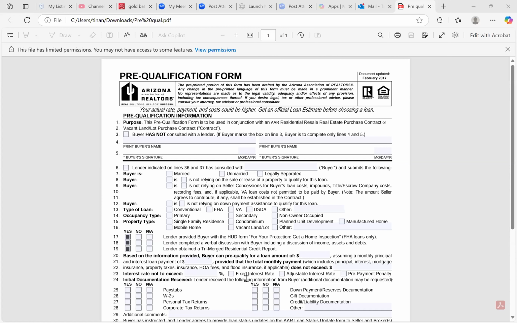And then it talks about what kind of interest rate it is. Is it fixed, adjustable? Is there a prepayment penalty? Line 24 through 28. These are the documents that the lender has or has not received or reviewed, or if